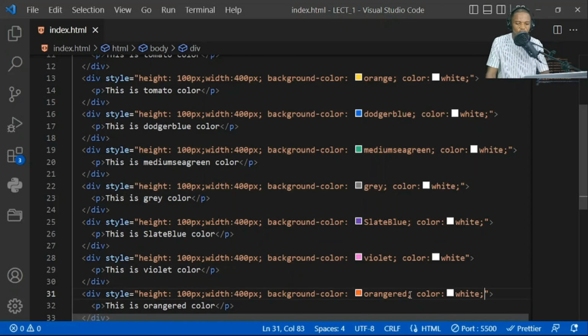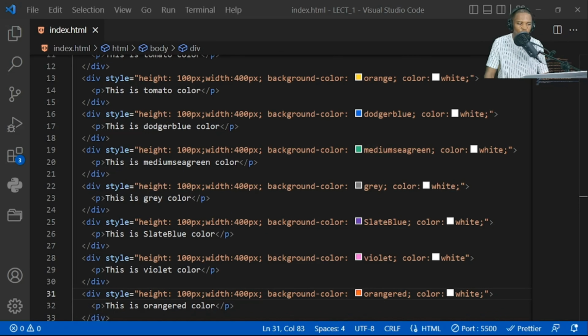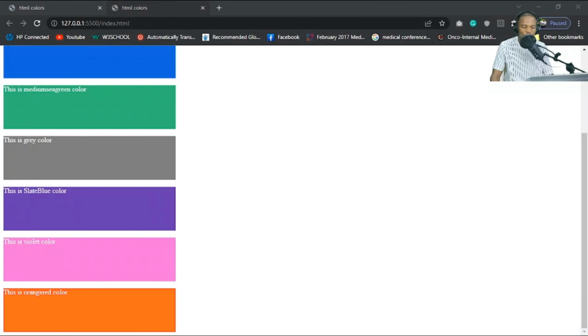So with this, we have changed the text color in all the div containers, and we have white. And when you see the browser, everything is white. So this is actually using the color names. I will stop here because I think it's good not to make this video so long. We've practiced using the color names. In the very next video, I am going to go to using the RGB